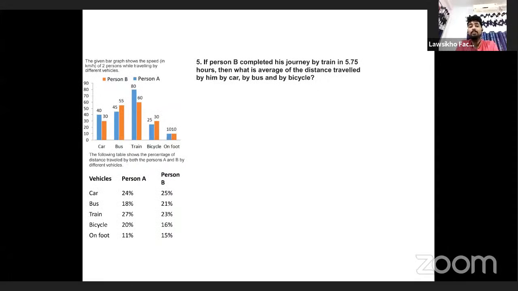if person B completed his journey by train in 5.75 hours, then what is the average of the distance traveled by him by car, bus and bicycle? बताओ।